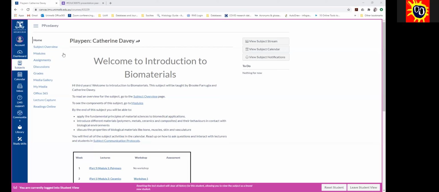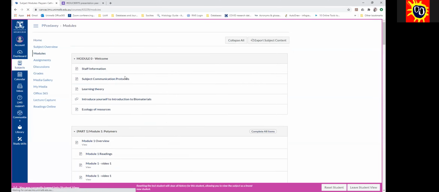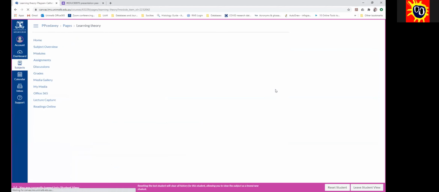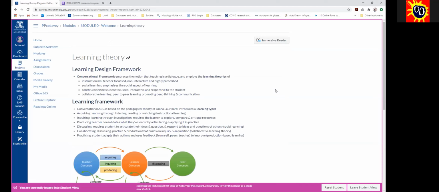So we're just going to do a quick recap of the learning design framework that we use to design our course. So we'll start with that, and then this course is for Brooke's subject, so she's going to go through the Canvas site. So our learning design framework was a conversational framework,